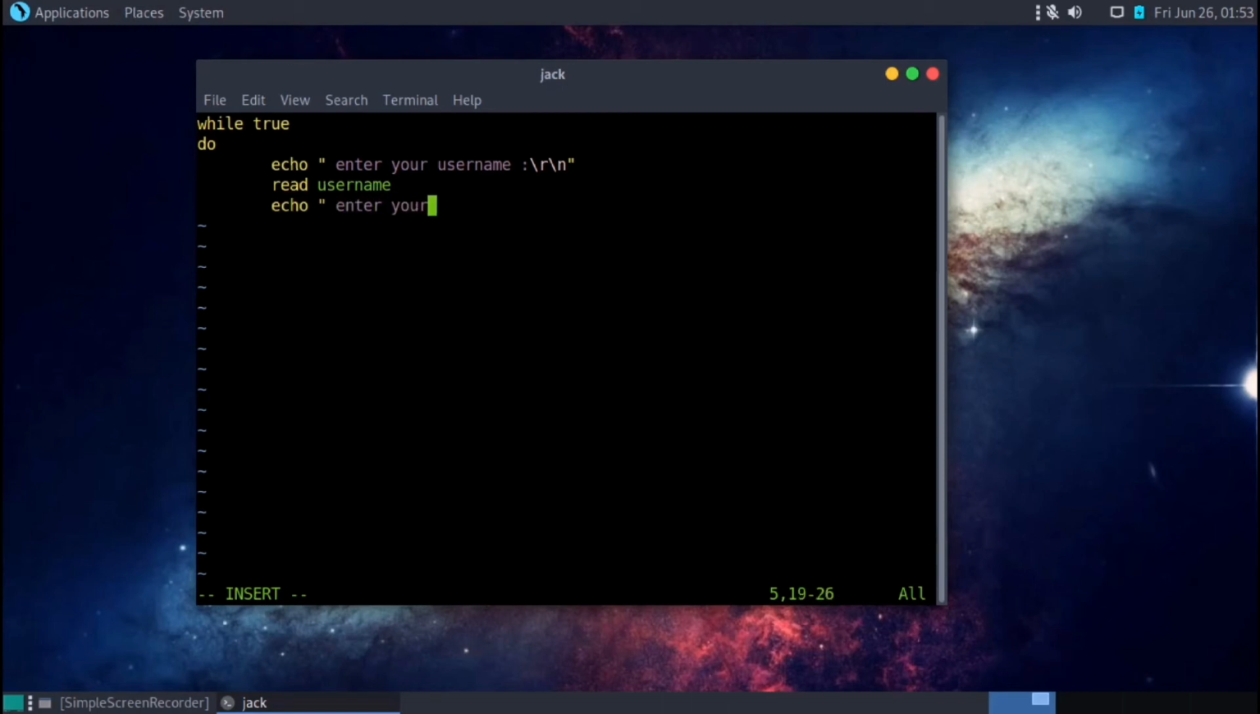So echo enter your password. So we will not give any space here. Okay, so let's do something. We will pipe this with lolcat. Okay, so it will look beautiful. Lolcat. So now while reading the password we will give -s, because we don't want our password to be